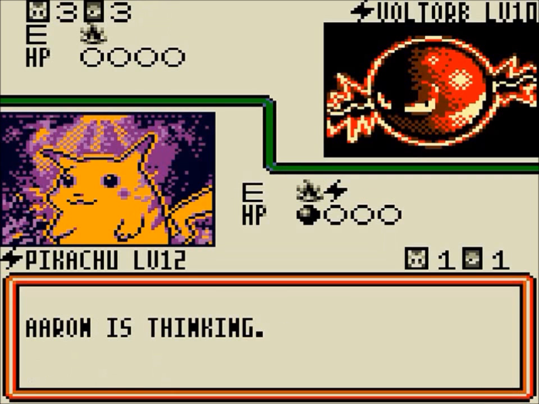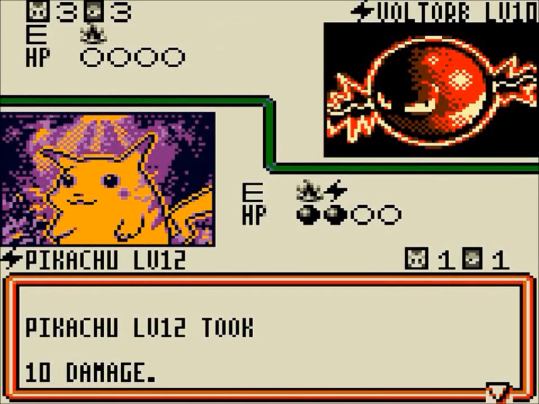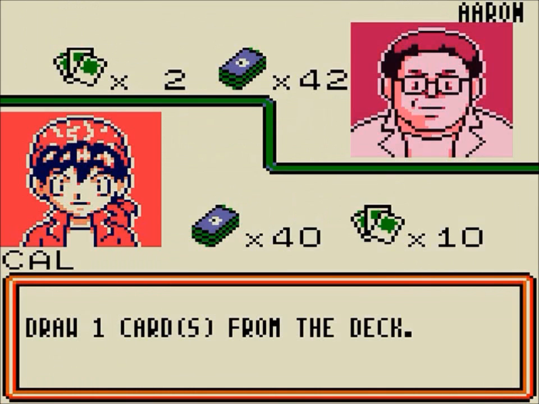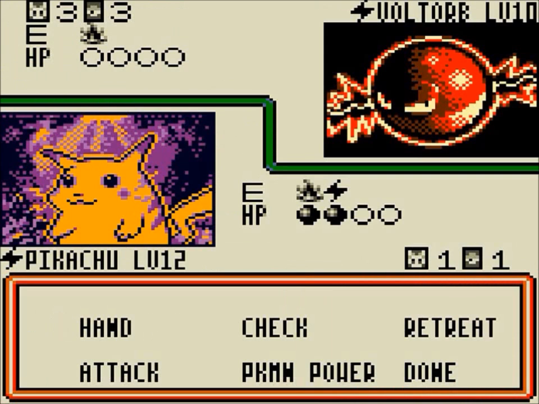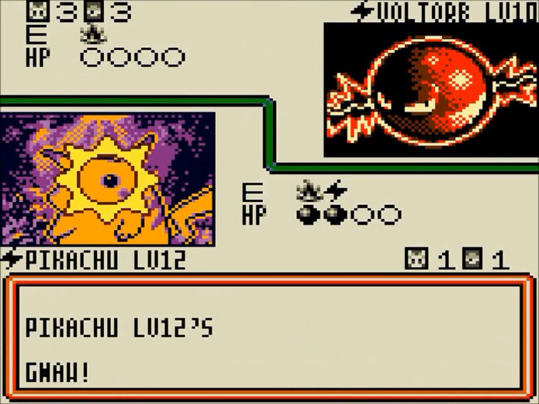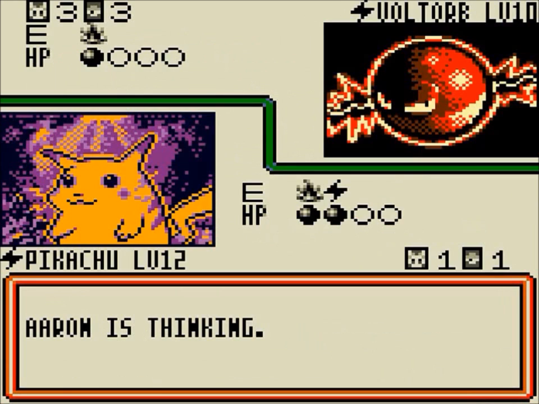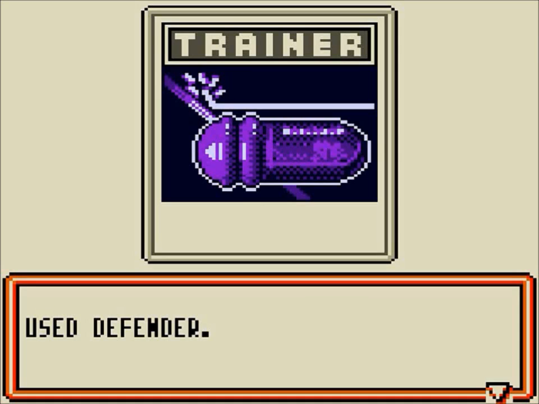Anyway, Voltorb, it does Tackle for one colorless, which is yay, I guess. I have no idea. It's not that special, to be honest. I have nothing that I can use these energy on. And because of that, I'm actually going to Gnaw this turn and Thunder Jolt next turn, just in case I flip tails. Because I don't want to flip tails and end up having...